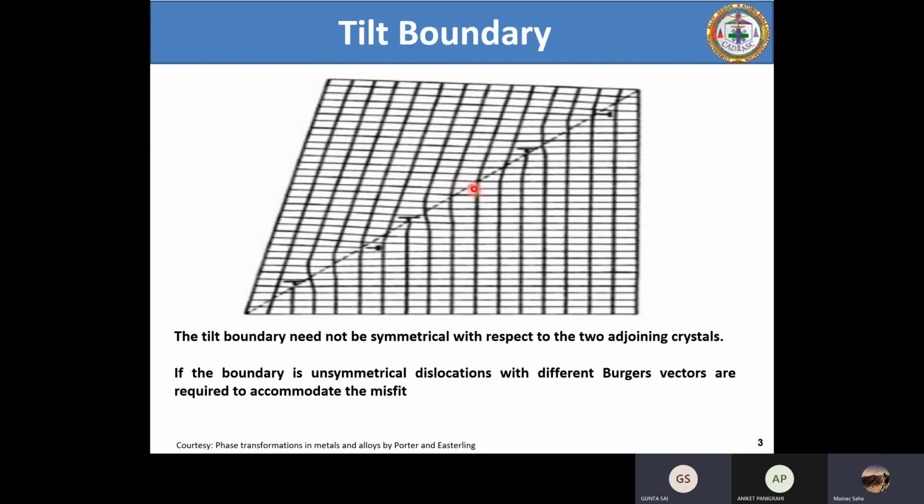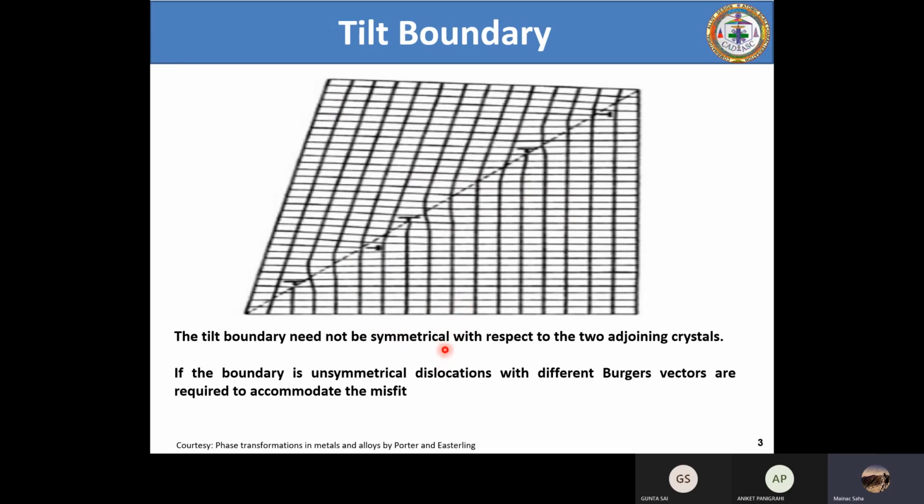So here, for example, if you look at the top of this grain boundary plane, you have atoms, a three-dimensional arrangement of atoms. Suppose you consider one of the planes here, and you look at one of the grains. This misorientation is comparatively more than the extent of misorientation that you see here. So in this case, we don't see a symmetric tilt boundary, rather we see an asymmetrical tilt boundary.